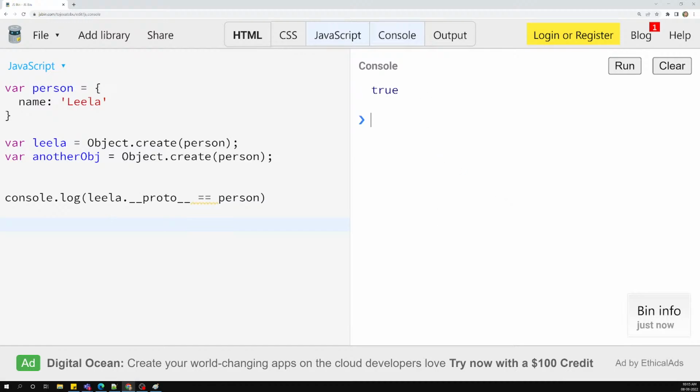So what are we trying to do? For Leela, we have a prototype, which is nothing but the parent. So prototype is person or not? I want to check it. We are getting it as person. It's true. Now what I want to do is console.log